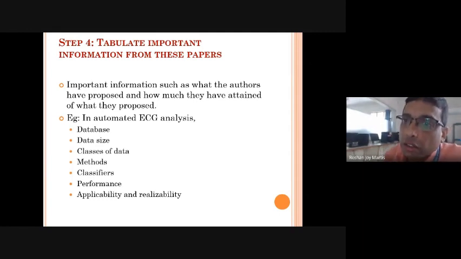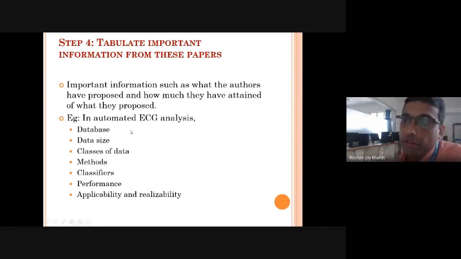But so I have to comment on these aspects. I have to understand the papers in terms of these aspects. Okay. And this is not the same for all areas. In your civil engineering area, you may have different aspects which you are required to see in all these papers. Okay.